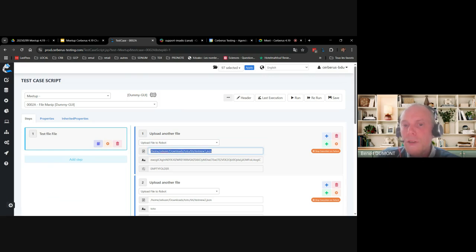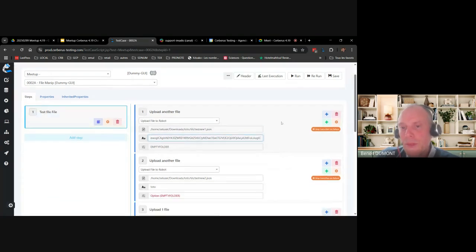It takes two parameters. First one is the name of the file, so this is where the file will be uploaded on the robot side, and the second parameter was the content of the file in a base64 format.